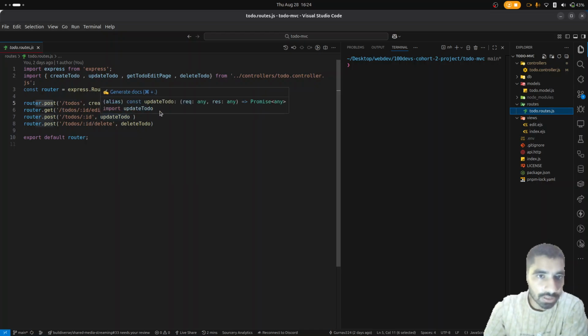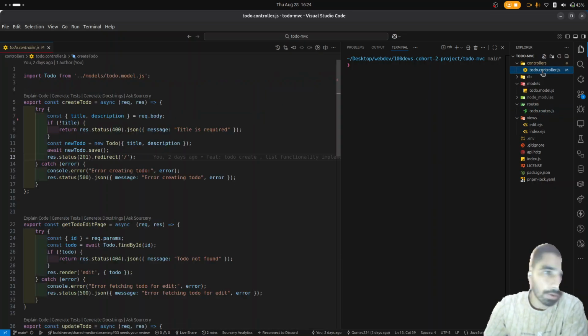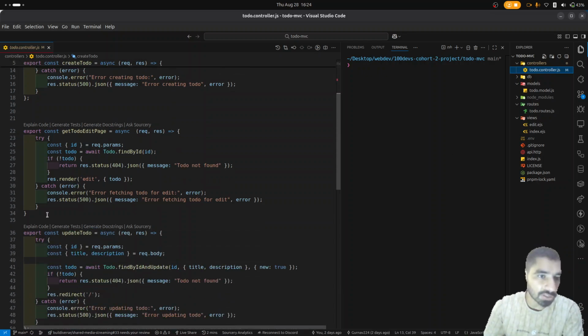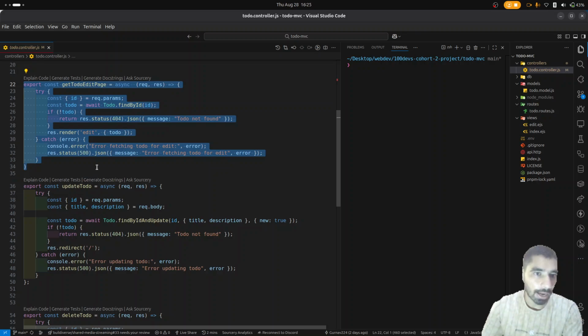This first route is to get the edit page, and the second route is to update the to do. Now after that it will pass the control to the update to do. This first control function is responsible for showing the edit page, and after